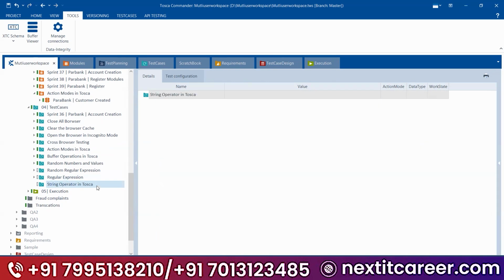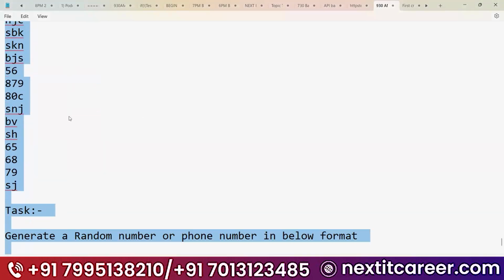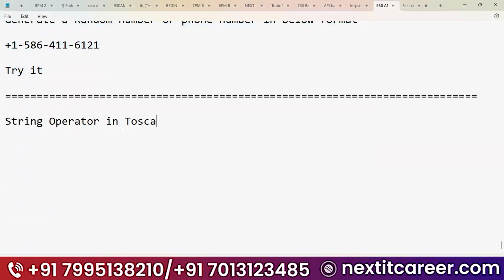What is the next topic? It is a very sensitive topic and an easy topic, but you need to understand the string operators if you want to understand the special characters. How to handle the special characters, I will tell you this. Okay, next, see here, string operators in Tosca.